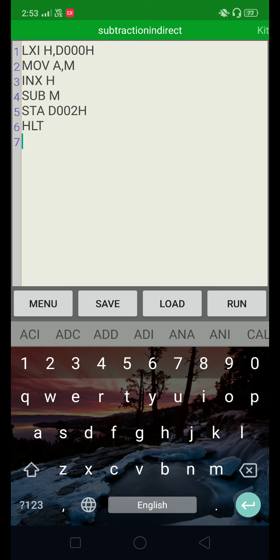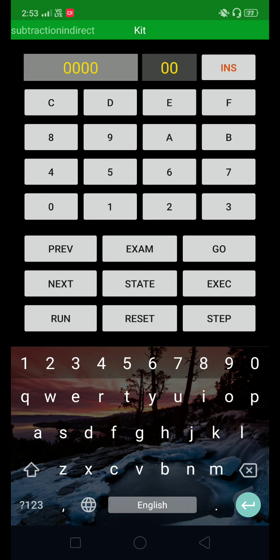Okay. Just go in the kit mode. So here we can see the yellow color 4 digits 0000 indicates the memory address, and 2 yellow color zeros means the data available at that location.